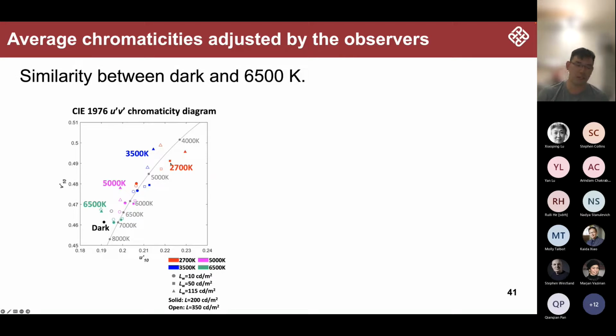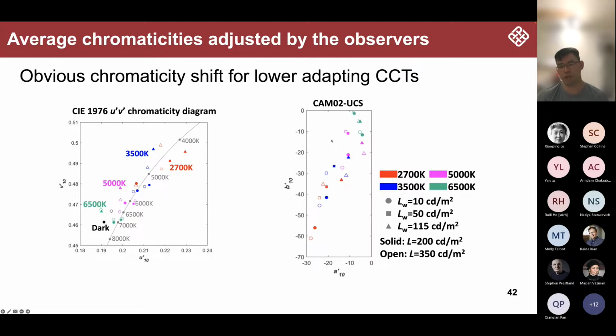Now, if we want to change the luminance of the colors under the ambient condition at 2700K, we have to change the chromaticity at the same time. Of course, this is talking about u', v', where we don't have any chromatic adaptation. Now we put it into CAM16-UCS, which includes the chromatic adaptation. If it can model the chromatic adaptation pretty well, then again, the same color should have chromaticity very close to each other and also close to 0, 0, which is the adapting condition, right? And you can see that for the 6500K, this is the case.